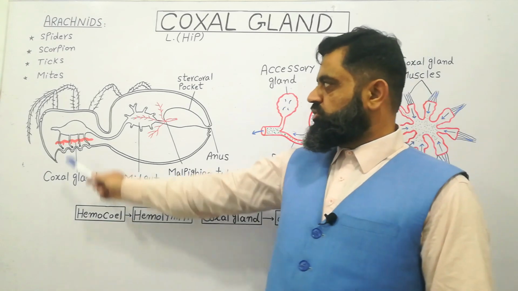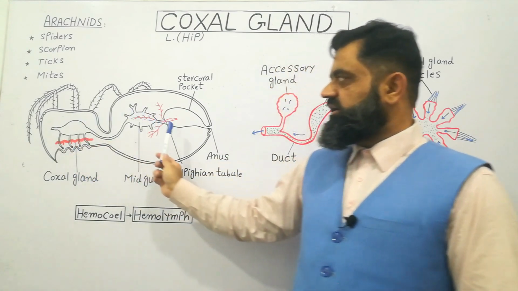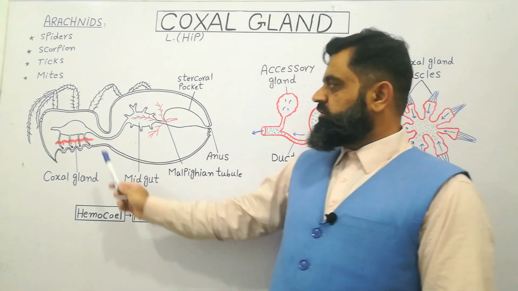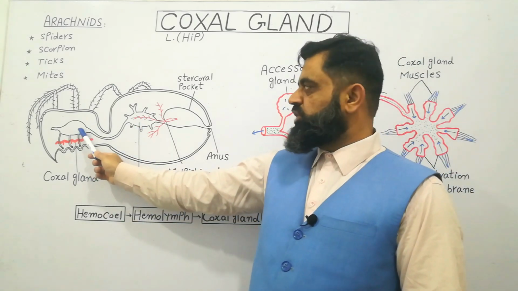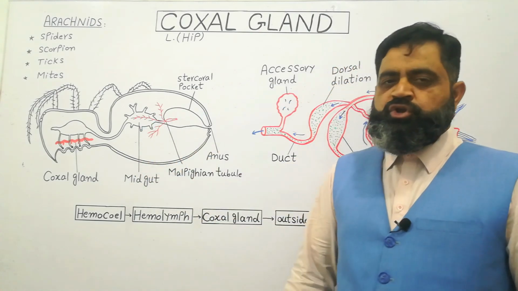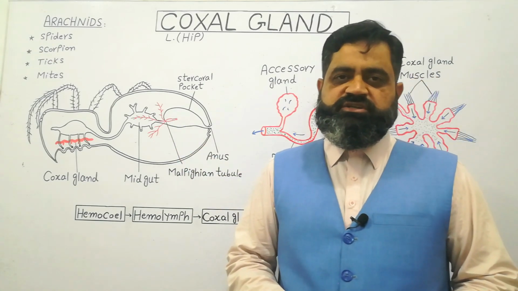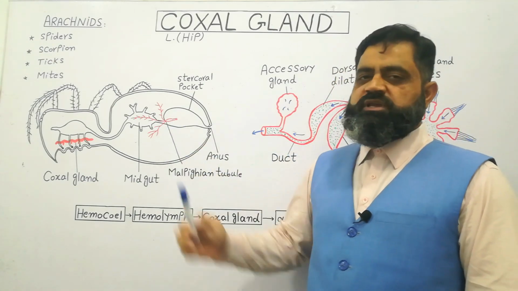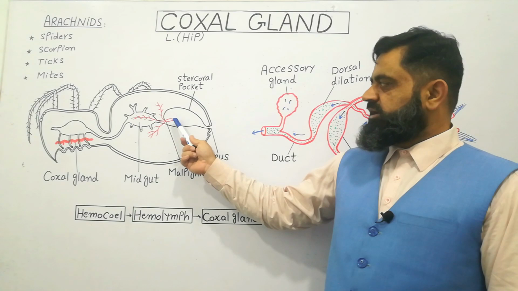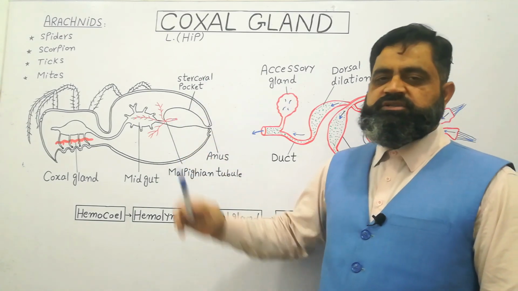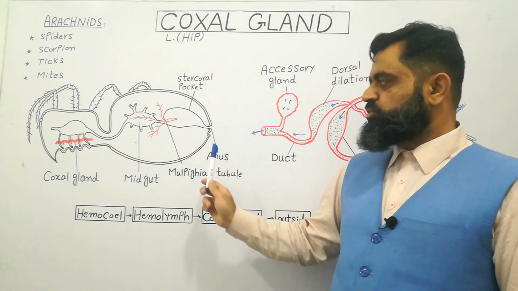If we look at the structure of a spider, its body consists of head, thorax and abdomen. In the thoracic and abdominal section, there is a digestive tract which is known as foregut, midgut and hindgut. Usually they have Malpighian tubules for excretion of nitrogenous waste material. These Malpighian tubules absorb nitrogenous waste material from their hemolymph and deposit that material into the stercoral pocket just dorsal to the hindgut, from where waste material is excreted outside through the anus.